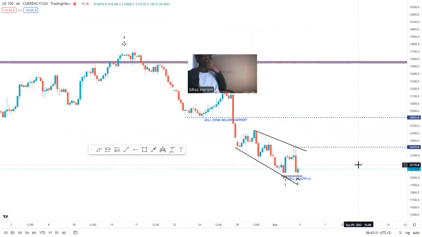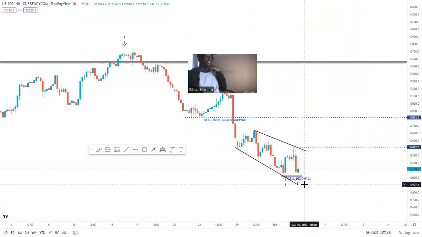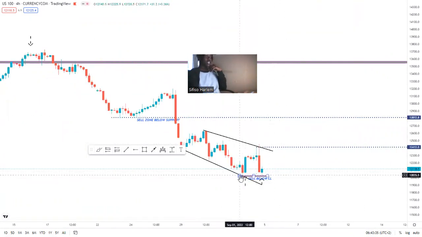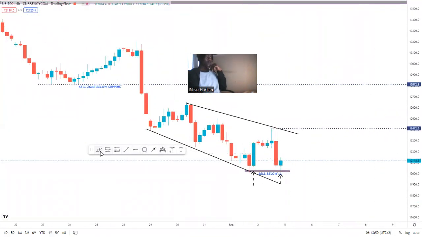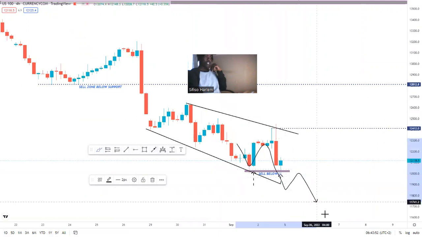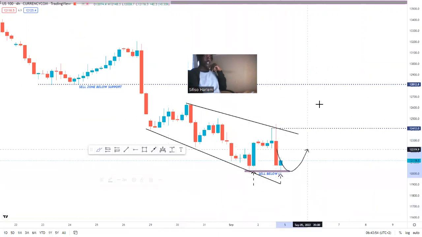So looking at the 4H, we came to our structure still moving to the downside. We had current price printing out this double bottom. We can simply wait for price to break out and retest and continue moving to the downside, or for price to react off of the double bottom and continue moving to the upside. What I'm simply waiting for is for price to break, retest, continue to the downside, or to react off of it and continue